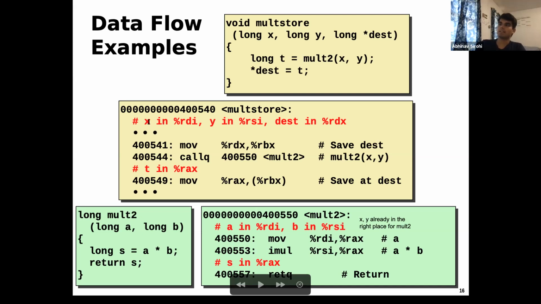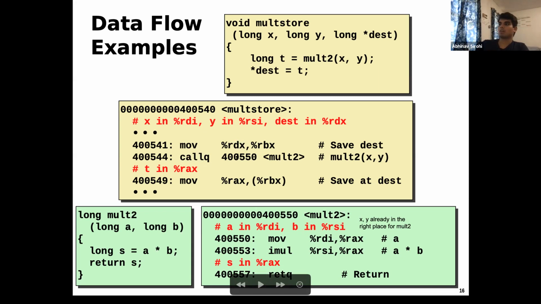So we have our value X in RDI, we have Y in RSI, and we have our destination in RDX, right? So what we're doing initially is moving our destination into RBX to store the value of the destination,